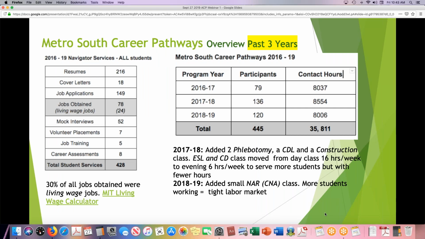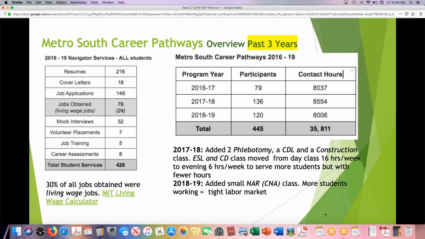Before I begin, I just want to acknowledge Penny for covering a lot of really good information that is the same kinds of struggles and the same kinds of benefits that we see for learners. Thank you for covering that, Penny, because that is very much what we see here as well at Metro South. But I'm going to go through these kind of quickly. You can also access them after the webinar, but I wanted to just quickly give you an overview of our past 3 years.